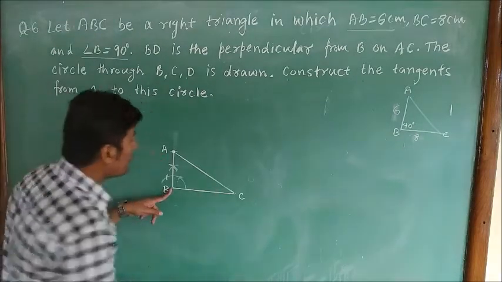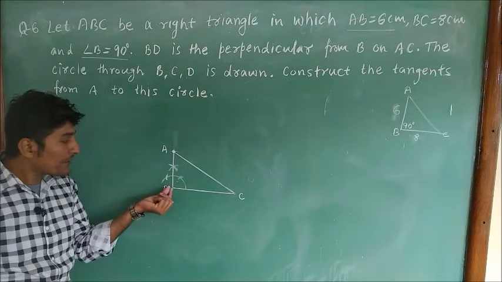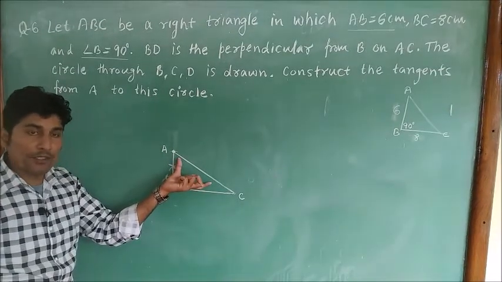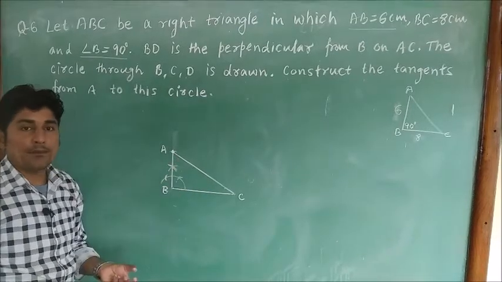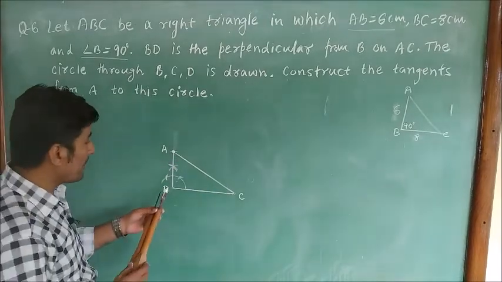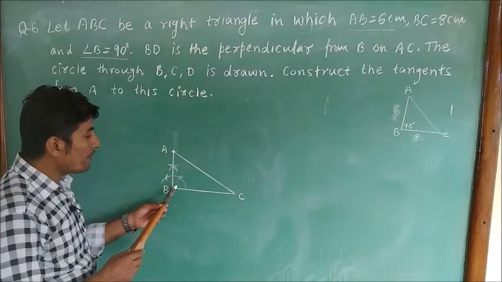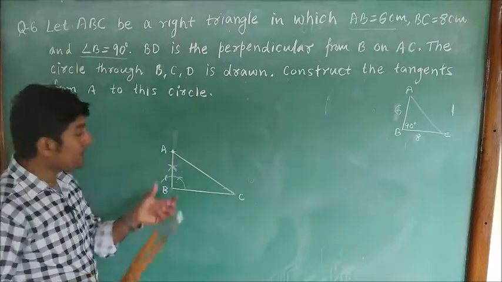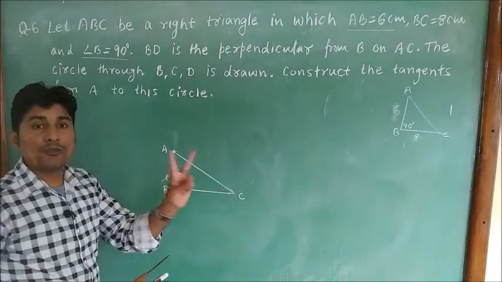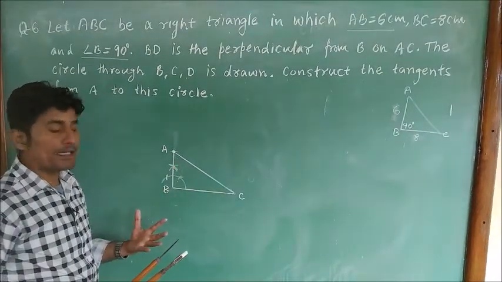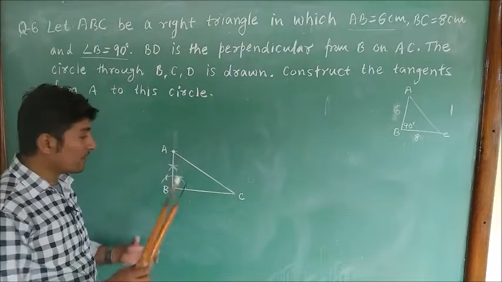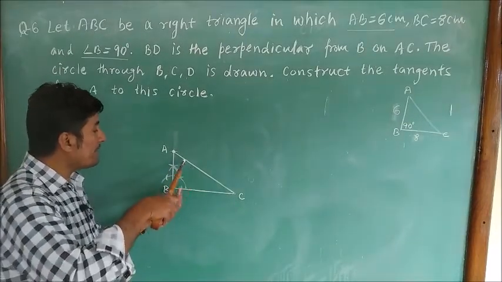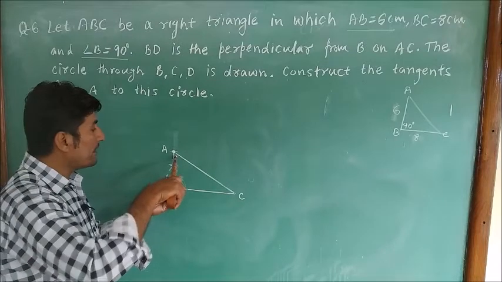Let us see how to draw the perpendicular from the external point. This is the line on which we are going to draw the perpendicular. This is the external point. So let us see how we are going to draw the perpendicular from point B. We have to take the arc such that this arc will intersect AC at two distinct points. Once again, I am repeating, the arc must intersect AC at two distinct points. So let us see.